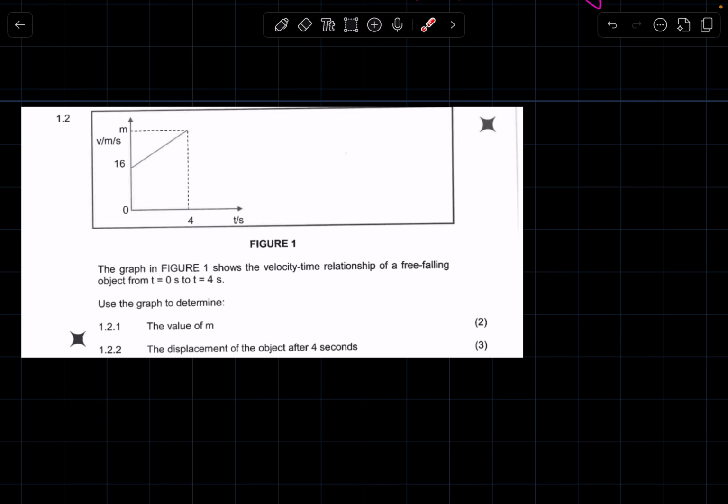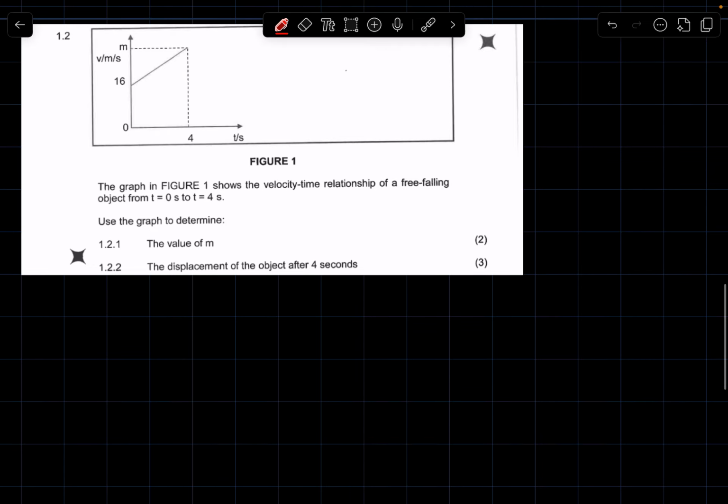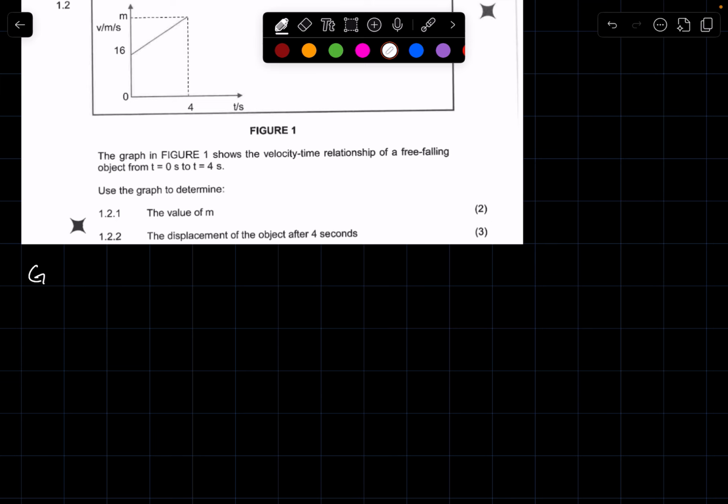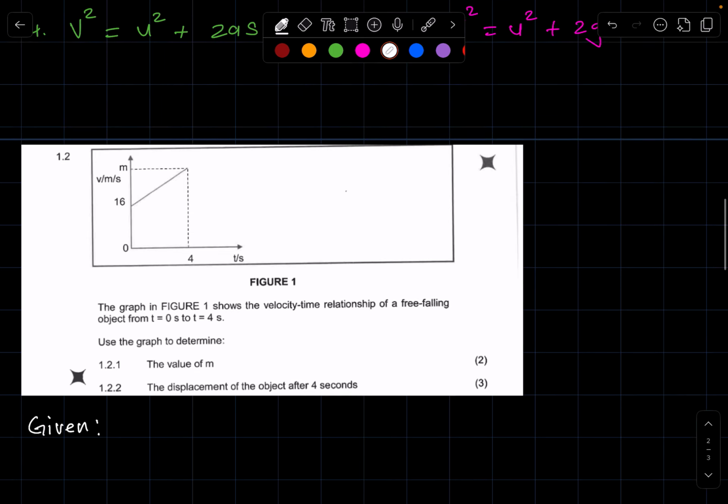Now we go to the graph, right? Going to the graph, we have to establish exactly what it is that we've been given, right? Looking at the graph, the graph is 0 here, it's 4 seconds at that point, right? Now, here,